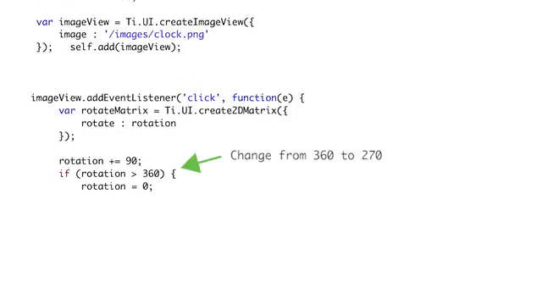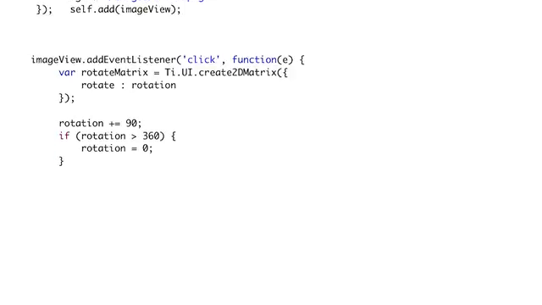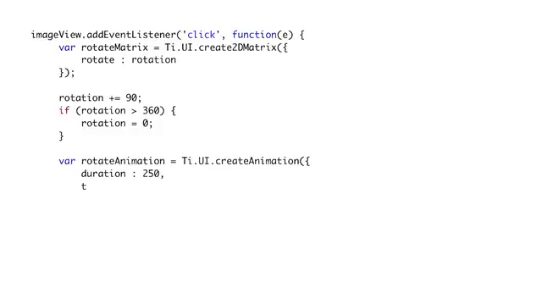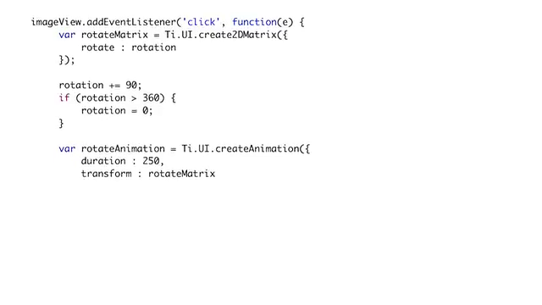And then what we do is we create an object called an animation. So close out of our if statement and then do var rotateAnimation equals Ti.UI.createAnimation, and we can pass into it a couple of properties. An animation can have a left, a right, a top, a width, a height, or you can also apply a transform. And a 2D matrix is a transform. And so we'll set the first property as a duration, so that's how long it's going to take, and it's in milliseconds. So 250 would be a quarter of a second. And then we'll apply our transform, which is our rotate matrix. And then we call